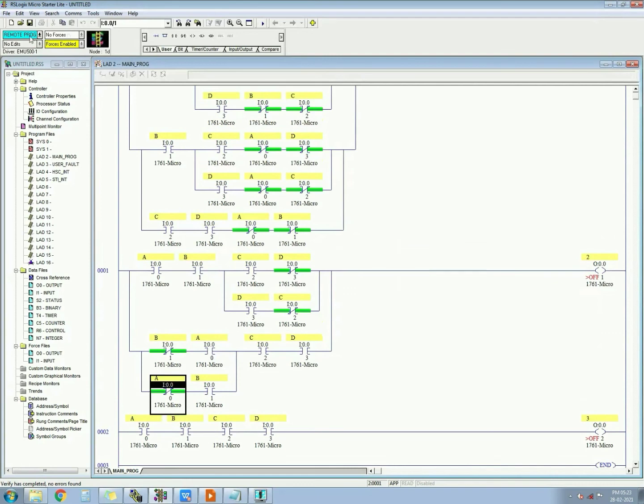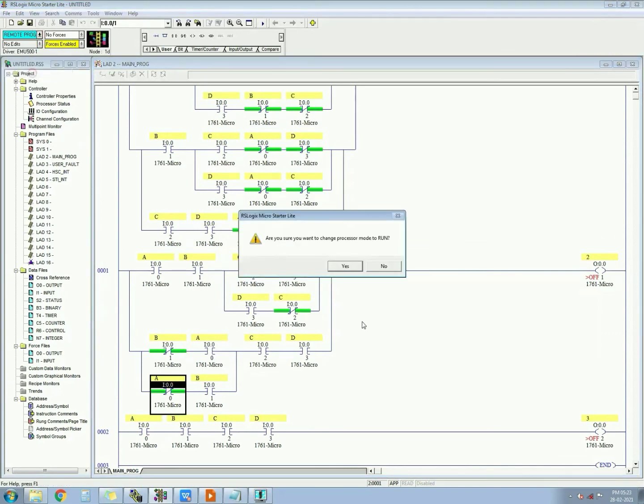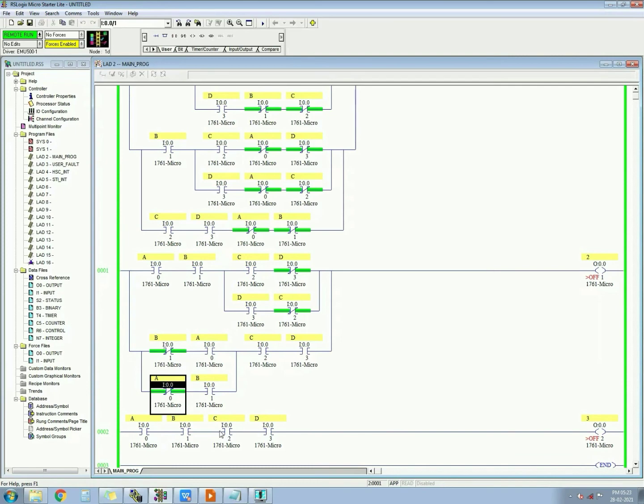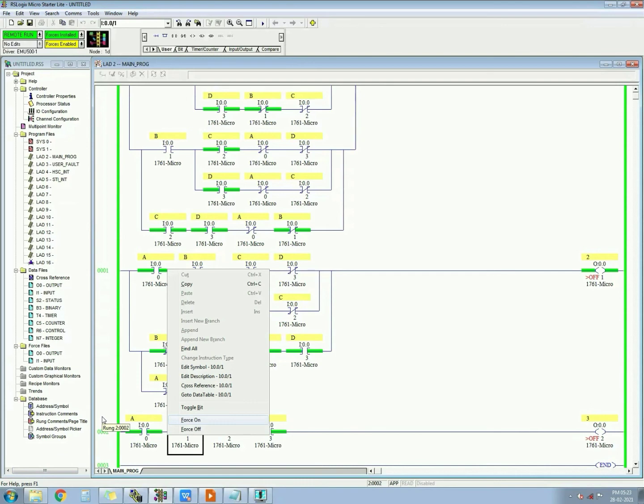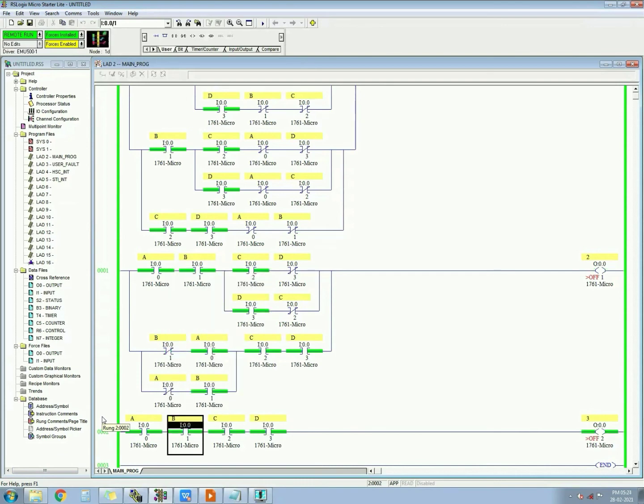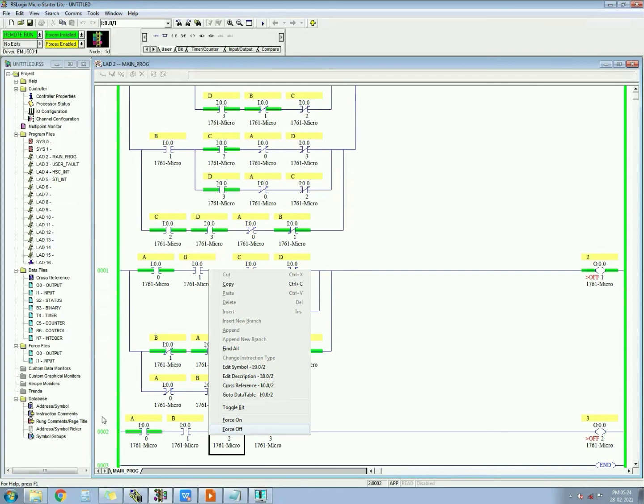Now I will directly check with the fourth point, because I have checked earlier with the last point. See, when any three inputs get on, let's say A, C and D, the second output is getting on. When you press this fourth input, the last output gets on and output B gets off. Okay, so this is how you can make this program for this question.